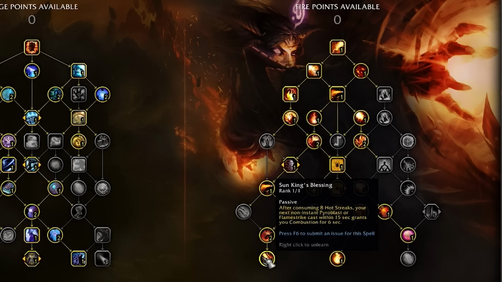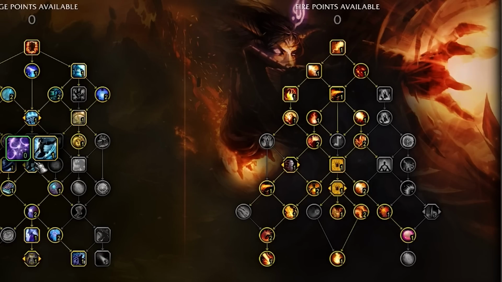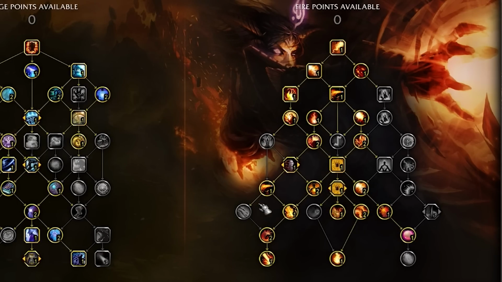Sun King's Blessing makes it so that after we consume 8 hot streaks, we gain a combustion buff if we hard cast a Pyroblast. This is the returning legendary from Shadowlands, so if you played then, you probably recognize it. And this is pretty much why we also want to be running Ice Flows,